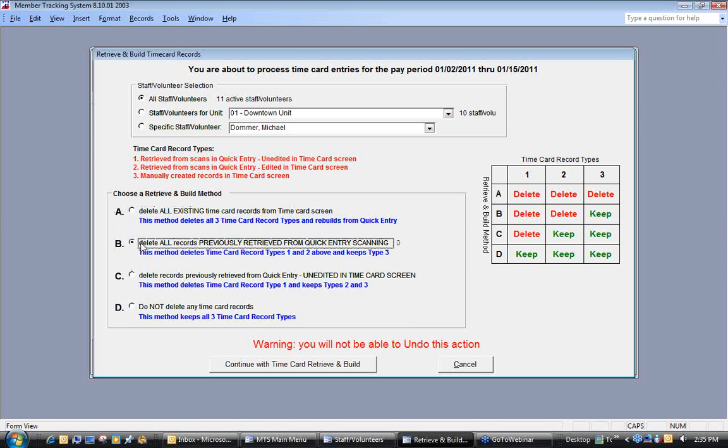Option B is going to delete all records from Quick Entry, and it's going to keep the manually created records. So let's say you come here to staff volunteers and you go directly to your time card tab and you start manually typing in times, which you can do. If you pick this option to retrieve and build again on B, it's going to keep any changes that you've typed in on the time card screen and pull in new times again. And then this last option is going to